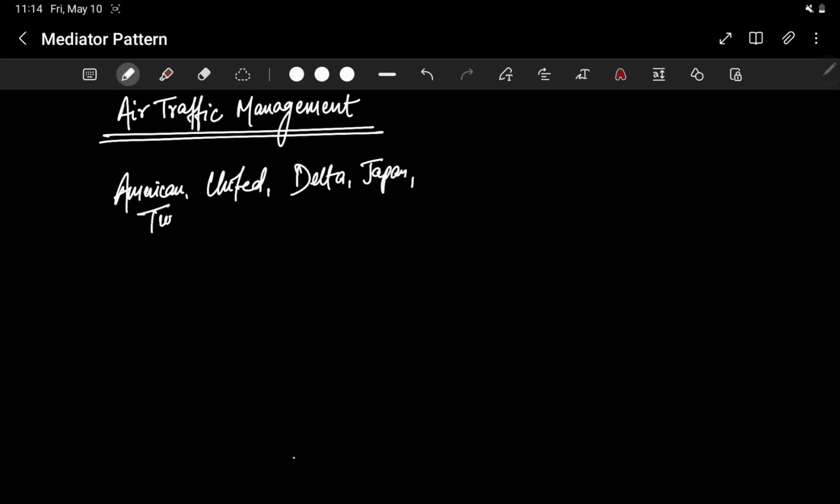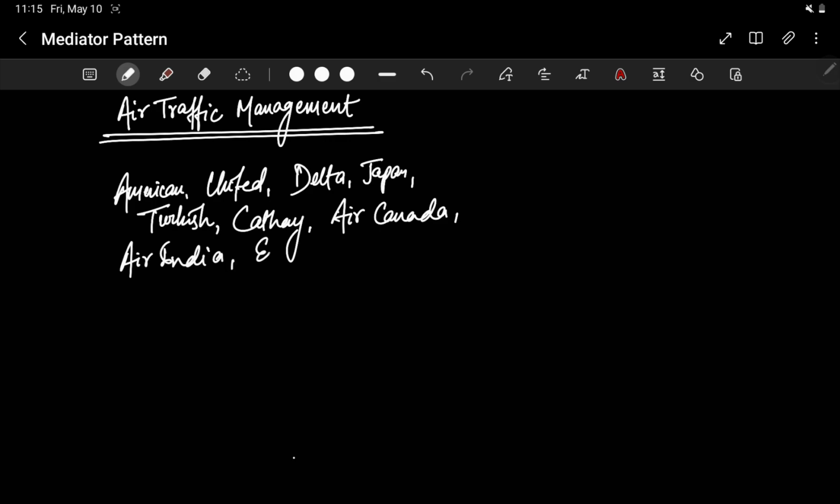There is another one called Turkish Airlines. There is another one called Cathay. There is something called Air Canada. There is something called Air India. What else? Emirates, Saudia,